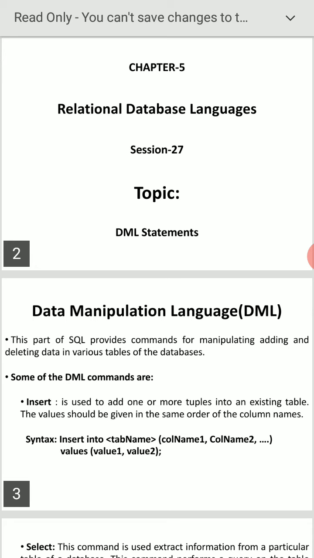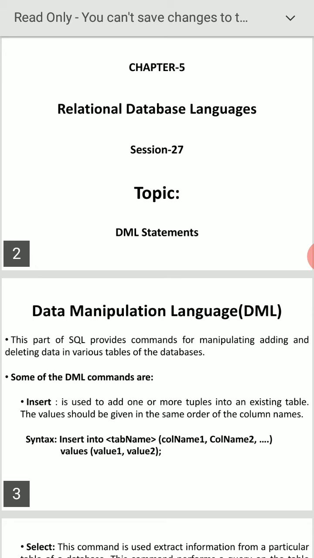I will give one more example here. Now how many tuples are there? 3 tuples: 1 A 5,000, 2 B 10,000, 3 C 15,000. I want to add one more tuple, 4 D 20,000. How can we do it here? Insert into table name employee, column name 1 EMP number, column name 2 EMP name, column name 3 is salary.